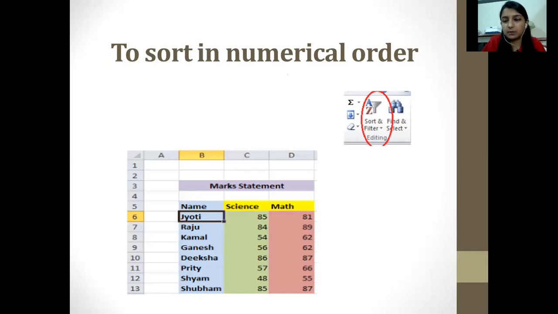Like I have given you an example for alphabets, for numericals also, if you are having a roll number or any series number for anything, you can sort it from 1 to infinity or wherever. If you are having a limit of 1 to 10, you can write it as 1 2 3 4 5 6 7 8 9 10. That would be in ascending order. If you want that in descending order, then it would be like 10 9 8 7 6 5 4 3 2 1. Okay, so this is how you can do sorting in numericals also, in numerical form.